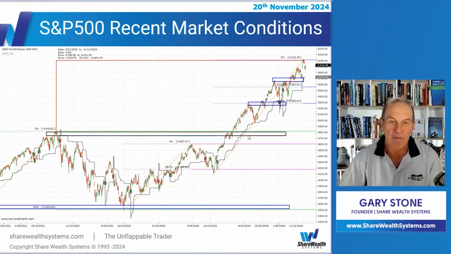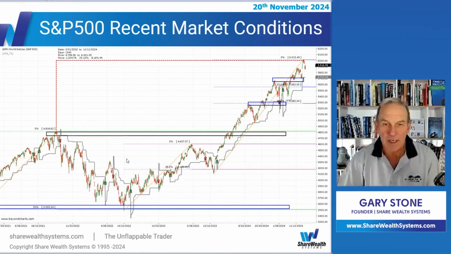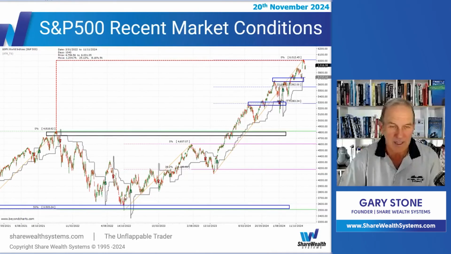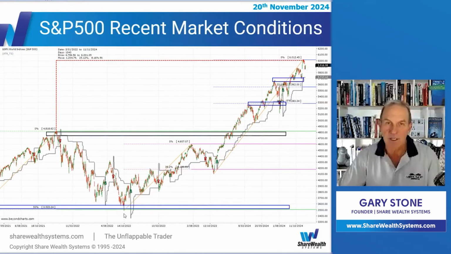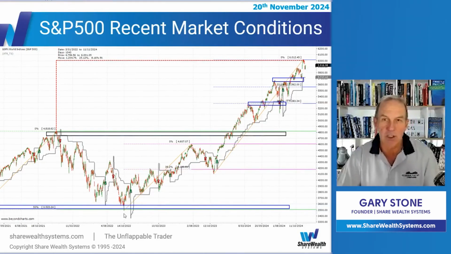Right, let's just have a look at recent market conditions, looking at the S&P 500 first up. What I've got here, there's this sideways moving all the way down. I think that was a 37% fall there in 2022 on the S&P 500. Then we've had this run up, this rise from October 2022 in the S&P 500. So just a slight smidgen over 2 years.